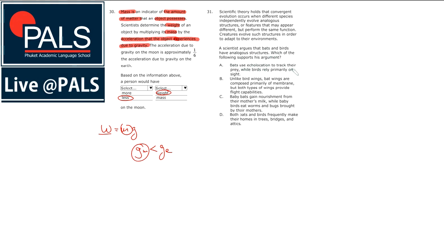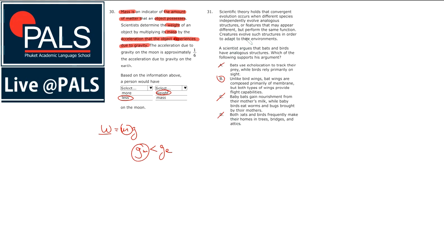Bats use echolocation to track their prey, while birds rely primarily on sight. So this is a completely different way of tracking their prey, so it's not an analogous structure. Unlike bird wings, bat wings are composed primarily of membrane, but both types of wings provide flight capabilities. That sounds very correct. Baby bats gain nourishment from their mother's milk, while baby birds eat worms. No, that's not analogous. Both bats and birds frequently make their homes in trees, bridges, and that's more behavior than